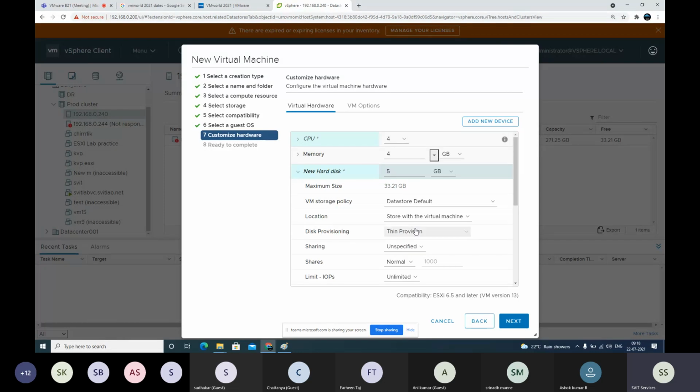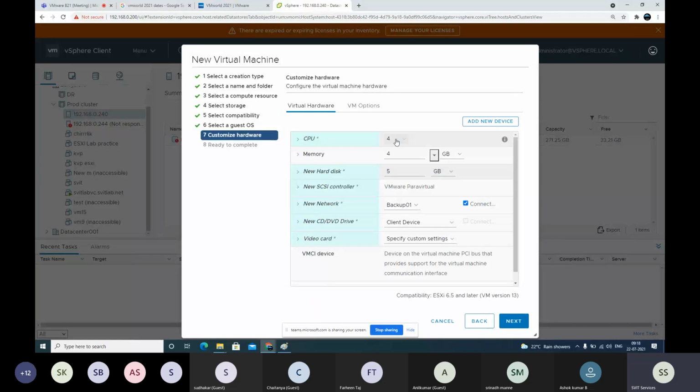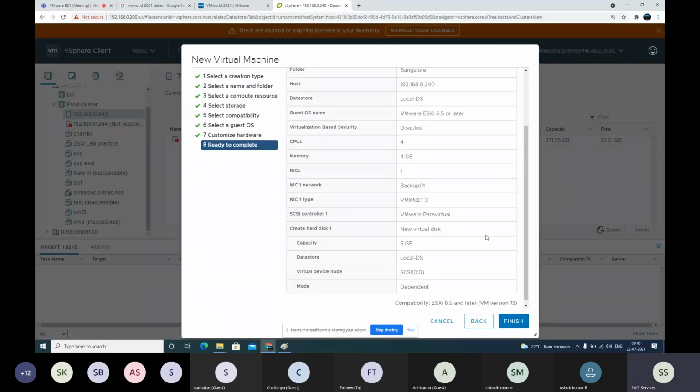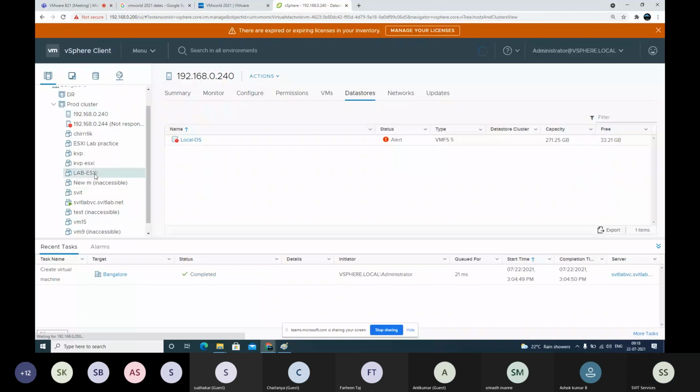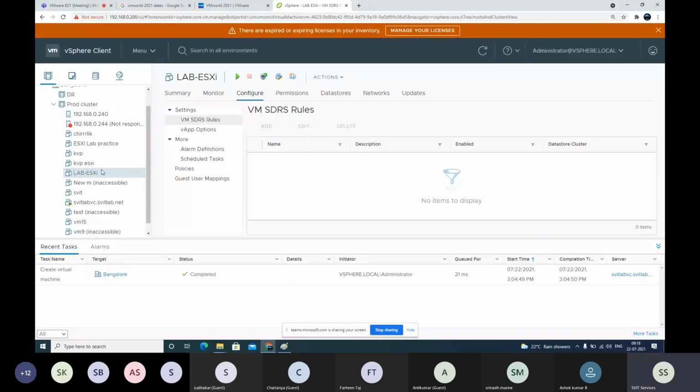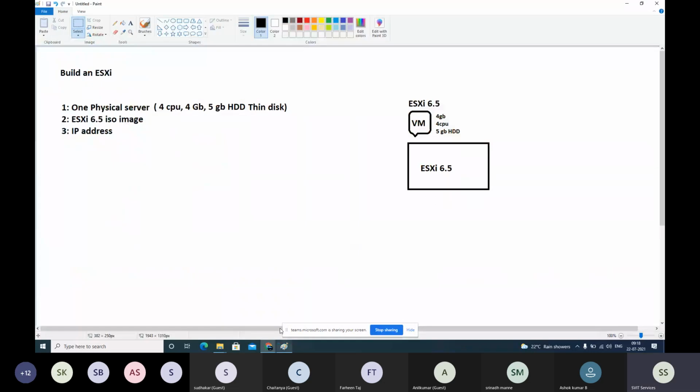As of now, select thin. Okay. 4 GB RAM, 4 CPUs, 5 GB hard disk, thin provision. Next, and finish. Lab minus ESXi. Now this machine is equivalent to a physical server with these specifications. Now we have a physical server ready.